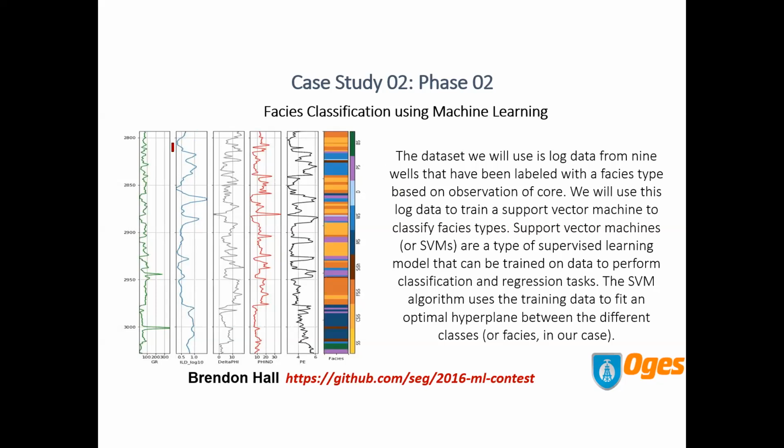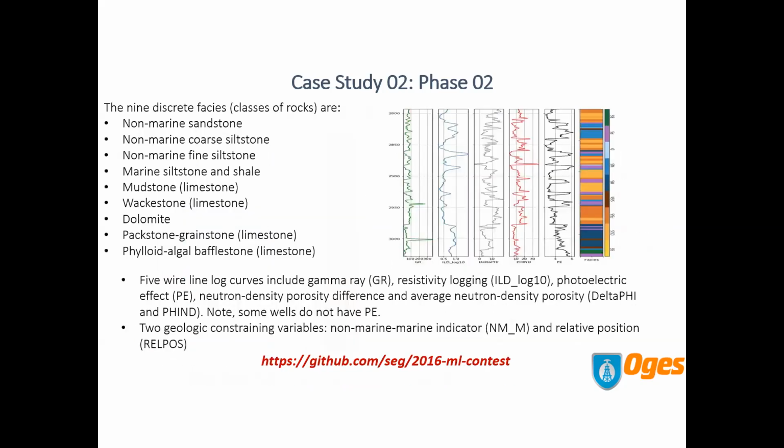So these are the different well logs. You can see the type curves of these different well logs, gamma ray, and then density, natural log of density, and then you have porosity. And so these are the different types of facies that they were predetermined. And so the intention then was to set aside some data to see if we can actually predict these facies. So the 9 different types of